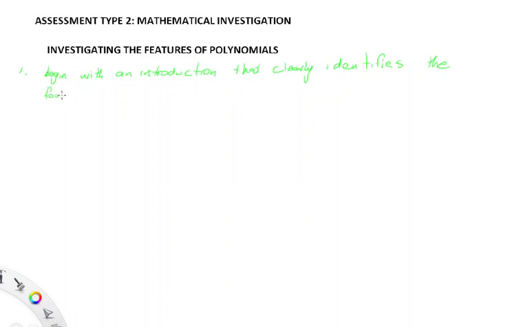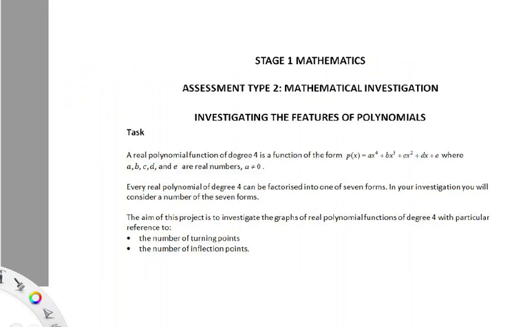So if you open up your investigation document, because you'll need to refer to it, in Part A, the task is to look at a polynomial of degree 4. So you're investigating a polynomial whose maximum degree is 4, and it can be written in this form. And it's important that a, b, c, d and e are real numbers, and the restriction is that a cannot